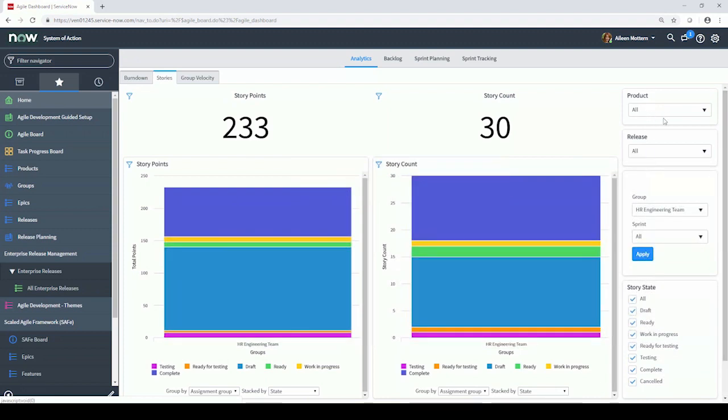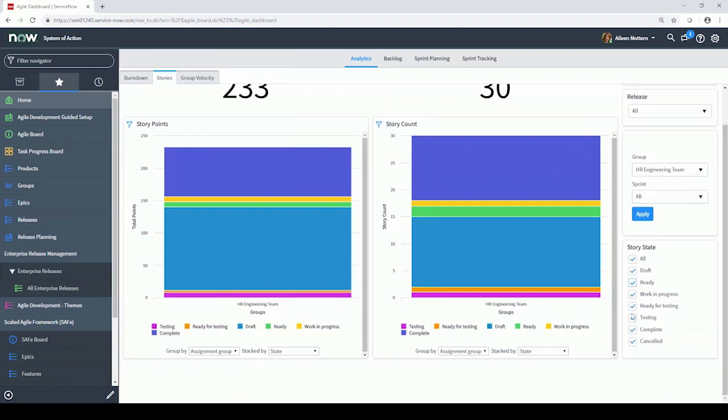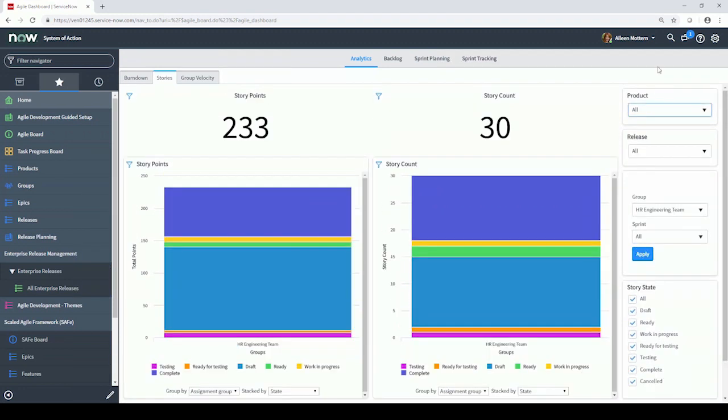And then more from managing at the stories level, in this case I'm looking across all products, across all releases, and looking specifically at a team called the HR engineering team. I can see their total story points and their story count, and even get a visualization of what the story points are by status, whether they're testing or ready for testing or draft, work in progress or complete. You can also do filtering here on the side